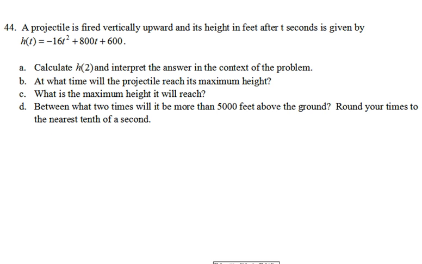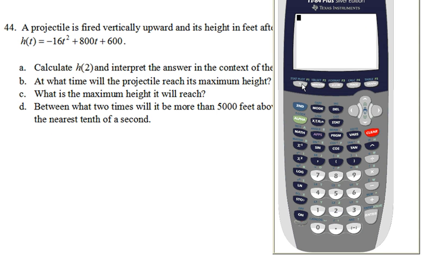And let's start by pulling up our calculator and putting it into our y equals. So we've got negative 16. We're going to, of course, use x in our calculator, squared, plus 800x plus 600. All right, the first part asks us to calculate h of 2 and interpret the answer in context